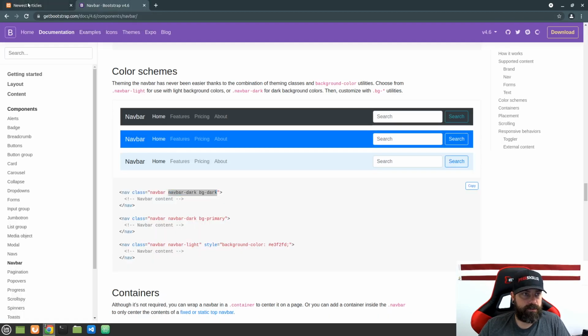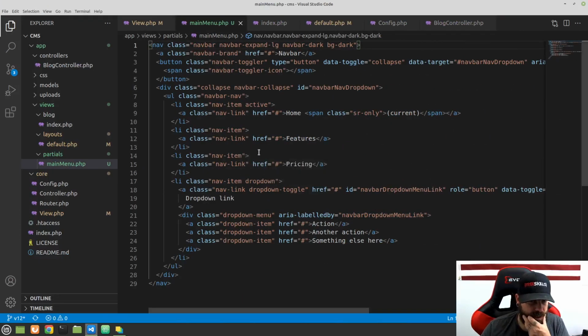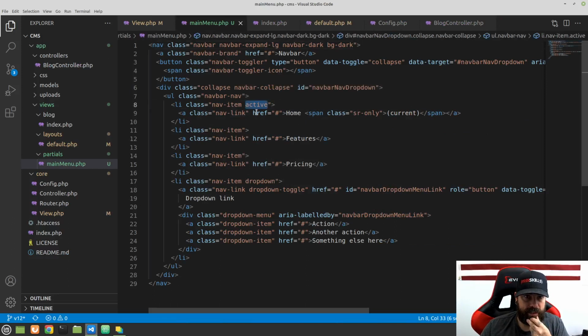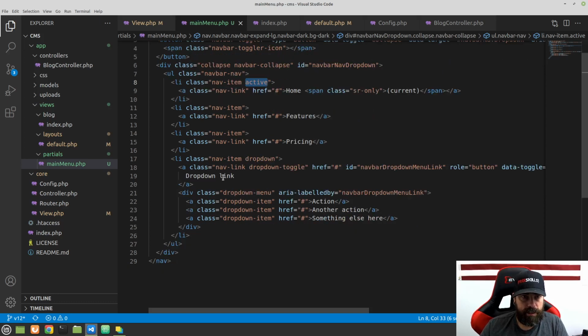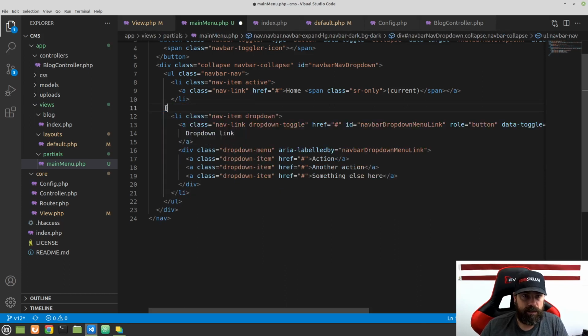But we could still get rid of some of this stuff that they have here. Like we don't need the home. We'll leave the home for now because it does have the active class to show us how to make those active. So we'll leave that for now. And then go down and we can get rid of a couple of these extra links here. And